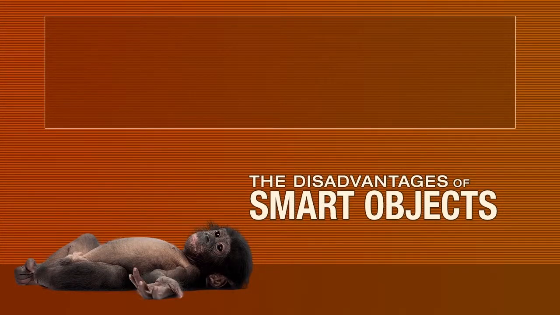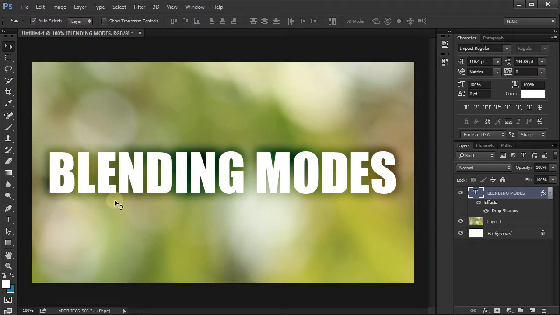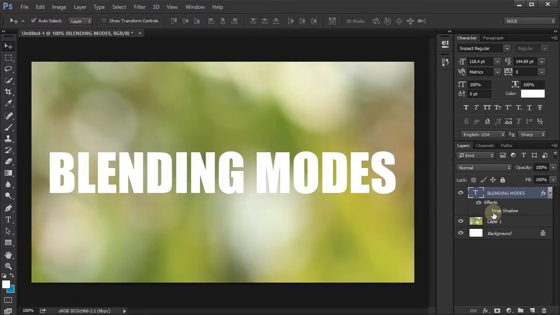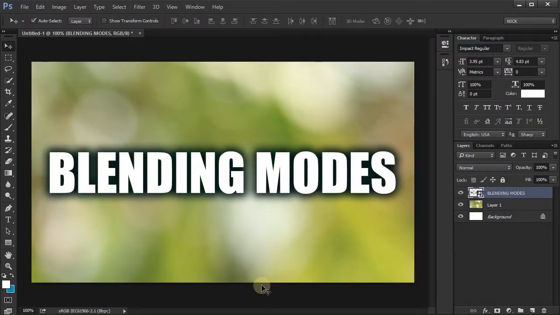Another disadvantage smart objects have is that layers inside the smart object cannot blend with layers outside of the smart object. So here we have some text with a drop shadow. I have the drop shadow set to overlay. If I was to take this and convert it to a smart object, you'll notice that my blending mode has been ignored. What the smart object is doing is taking the actual pixels of the drop shadow and the text